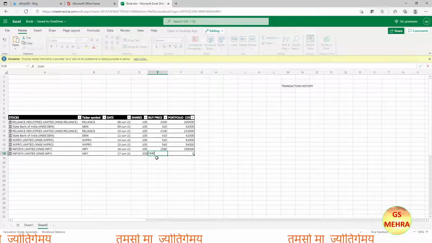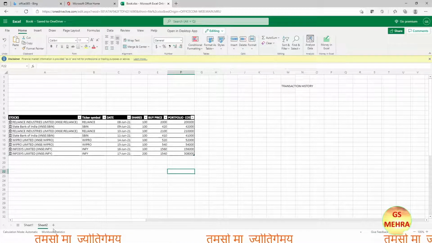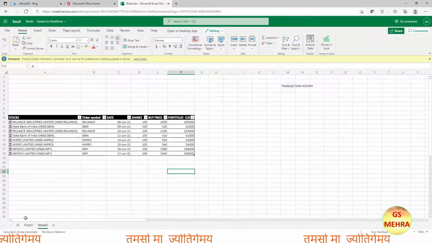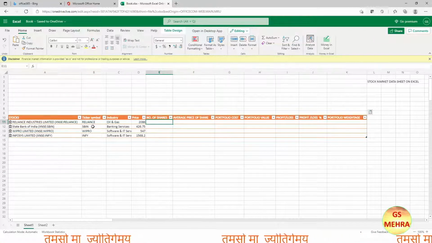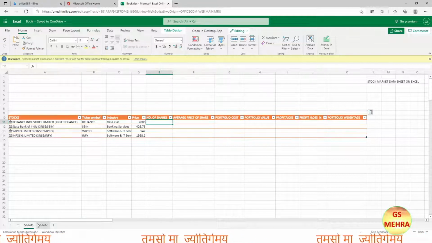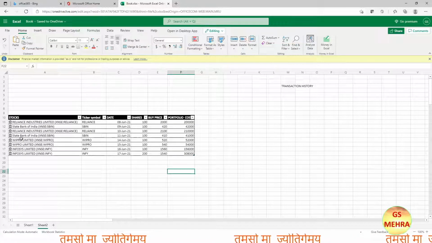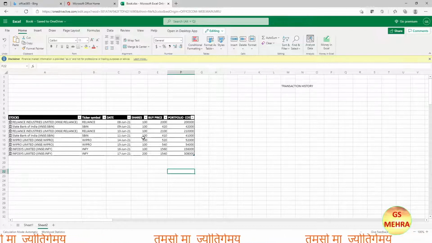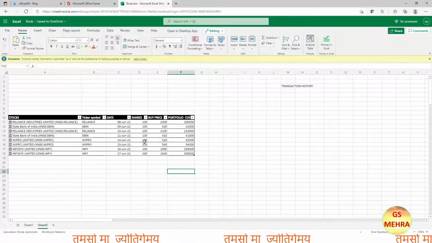Now, we have all this data, so we'll move back to sheet 1 and take the help of sheet 2 for the number of shares. For example, this Reliance we have purchased on different days. One way is that we can just manually calculate all this, but then it will not be useful to us every time, because if our transaction history is very large, or we are putting in new stocks also, then we are not making use of Excel. So that's not a good way of doing it.